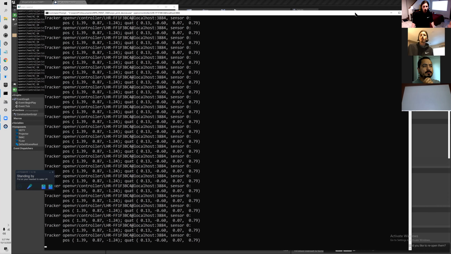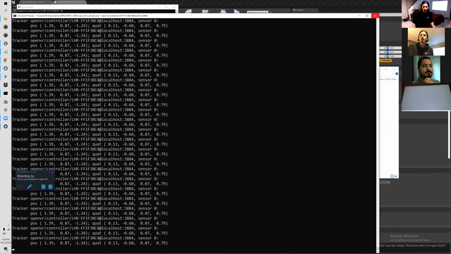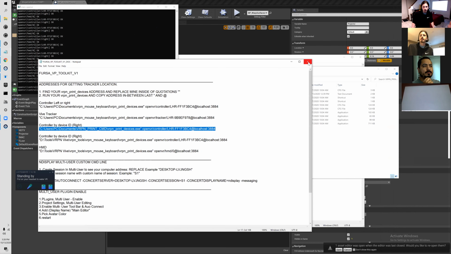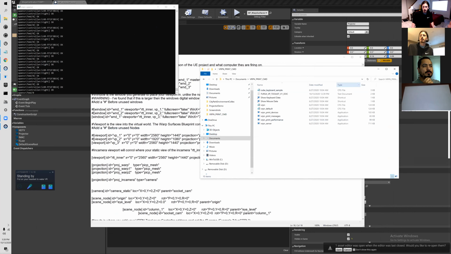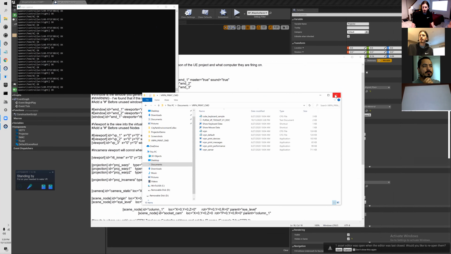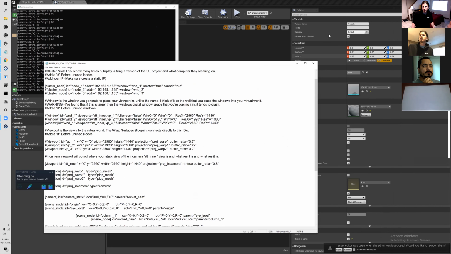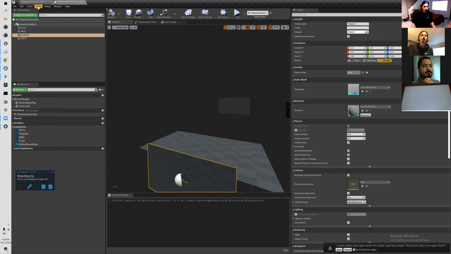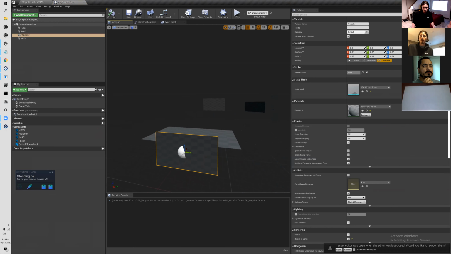So now we're going to take that information and let's just be ballsy and close this for now. Yes, I want to save that. And then now we're going to go into our warp surfaces, and we have set our mesh to 0 and sized it to be whatever screen that we want to use now. So what you're going to do is now you're going to